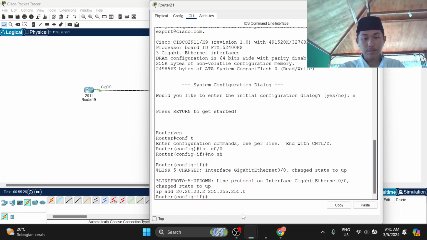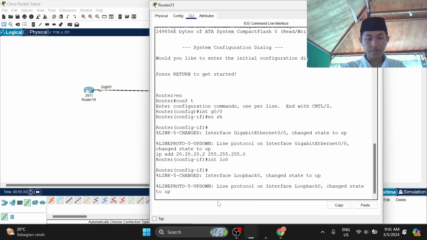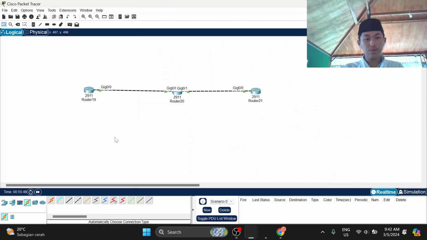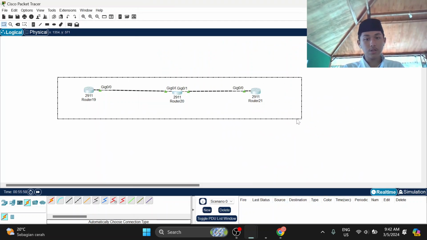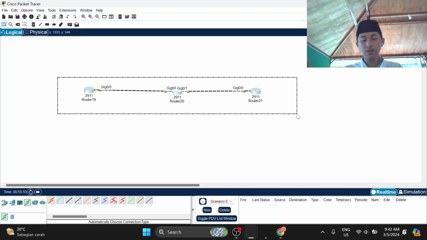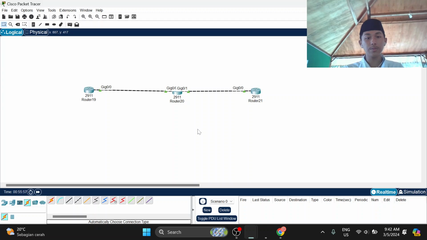After that, interface loopback 0, enter. The IP address for router 3 is 3.3.3.3, also prefix 32. Enter. Okay, so all of these routers have their own interface loopback and IP address.